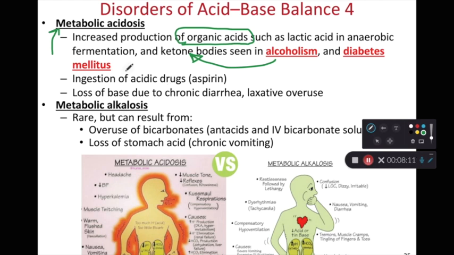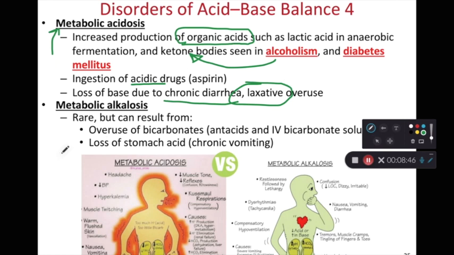Metabolic acidosis can also be due to ingesting too many acids. In this case, acidic drugs can induce metabolic acidosis, or if somebody has the loss of bases from their body, maybe they're having chronic diarrhea or they have overused laxatives, they're defecating too much, they are going to lose too many bicarbonate ions, sulfide ions, and phosphate ions, negatively charged ions from their body, resulting in their body having an overall acidic